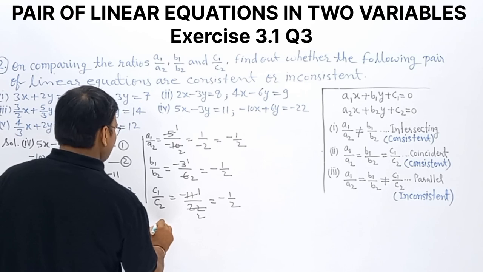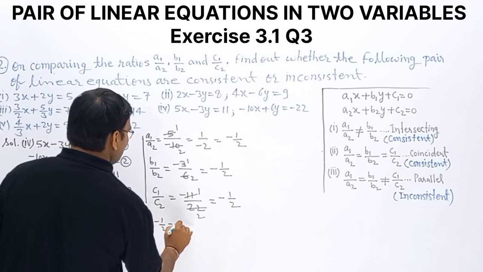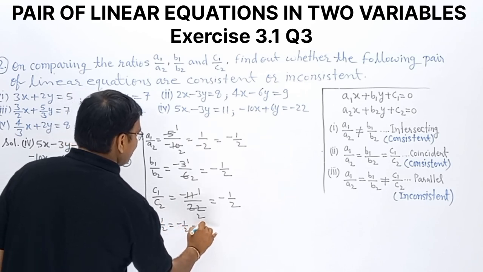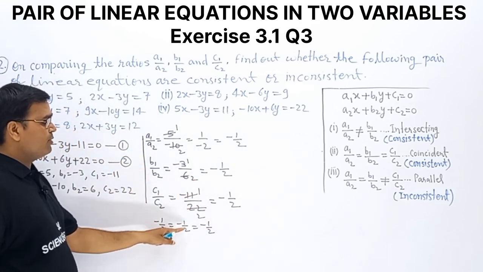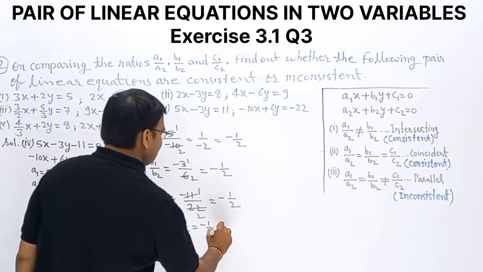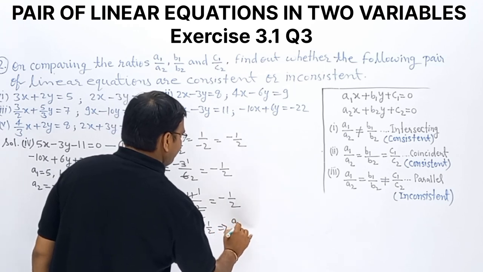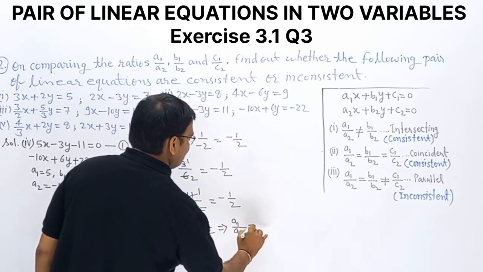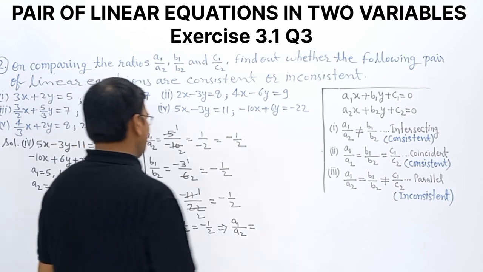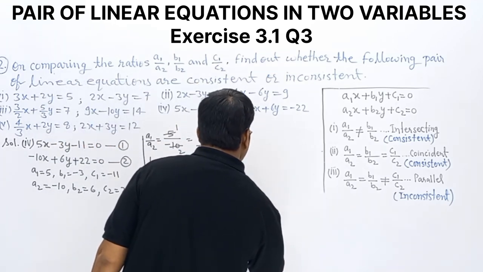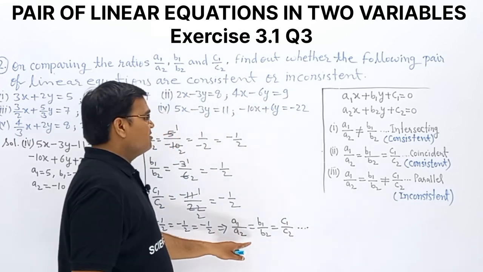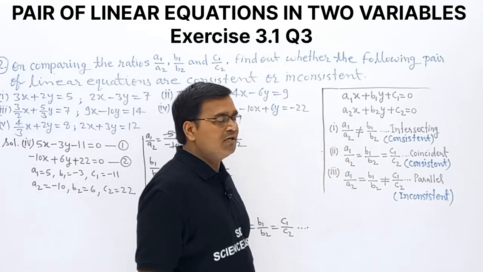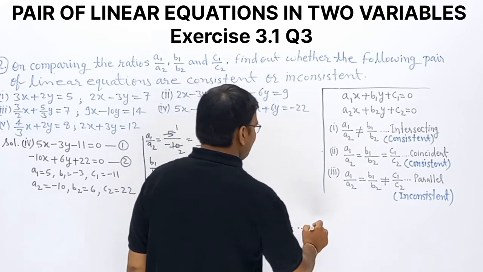we are getting minus 1 by 2 equal to minus 1 by 2 equal to minus 1 by 2. What will the ratios of these be? Minus 1 by 2 equal to minus 1 by 2 equal to minus 1 by 2. It means a1 upon a2 equal to b1 upon b2 equal to c1 upon c2, or finally what we can say, this is the condition of coincident lines, or we can say the pair of linear